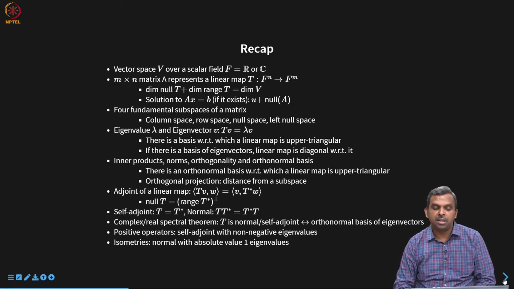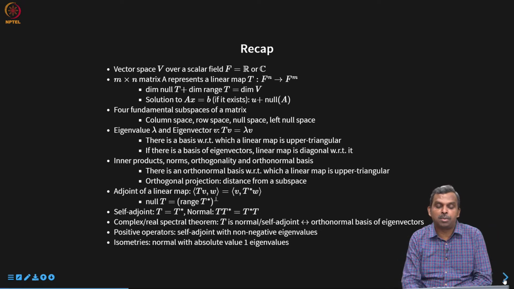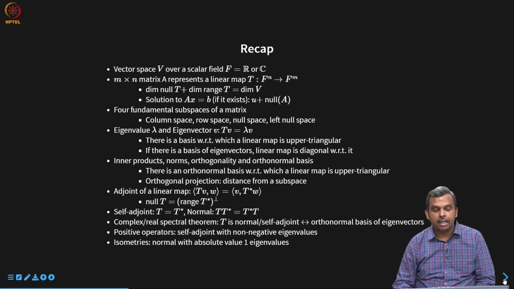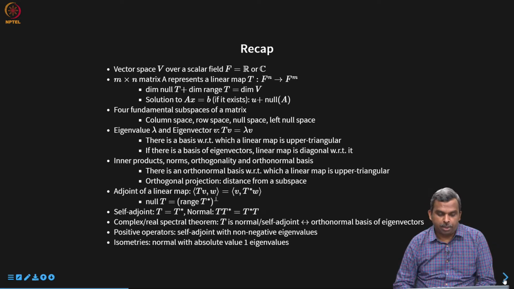Then you can use it to solve linear equations, and then there are the 4 fundamental subspaces of the matrix and their connections to the operator, its adjoint and all that. And then eigenvalue and eigenvector played a very crucial role in simplifying the matrix representation, and telling us more about what the operator is doing. Once inner products came in, we used orthogonality and orthonormal basis, which simplified quite a bit of things about operators. In particular, we know that there is an orthonormal basis with respect to which there is an upper triangular matrix for any operator. Okay, and then orthogonal projection is something we studied, and the adjoint with all the properties that it has.